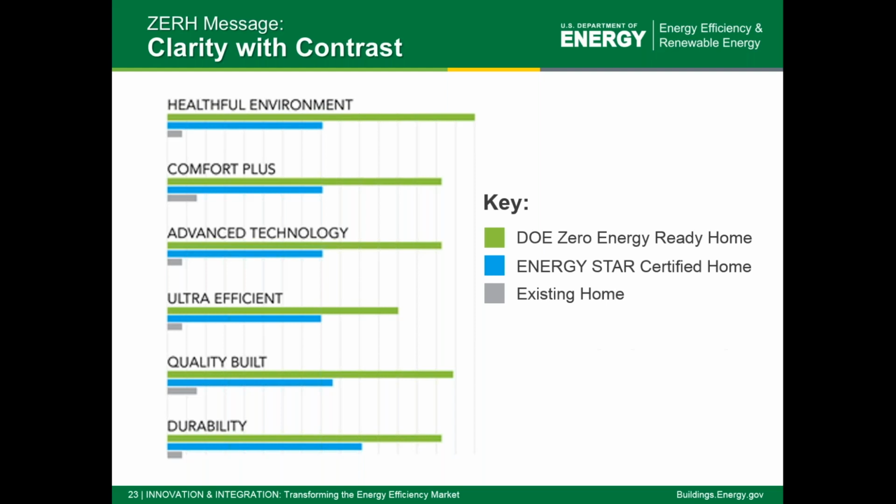So we have a green bar for Zero Ready home, a blue bar for Energy Star certified home, and a gray bar for an existing home relative to key consumer experiences and attributes about Zero Ready home we think are important to highlight. So if Mr. and Mrs. Jones come in and we learn that they manage health challenges with their children and have inhalers and doctor's visits, we would very quickly circle the healthful environment set of bars, and with tremendous clarity based on contrast,